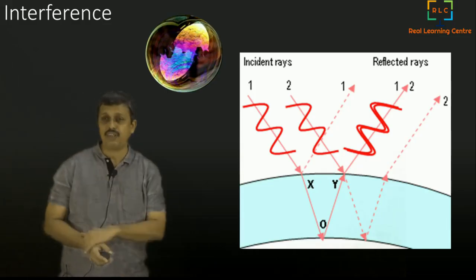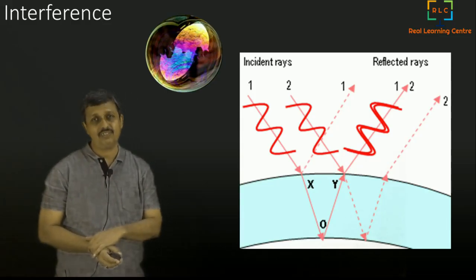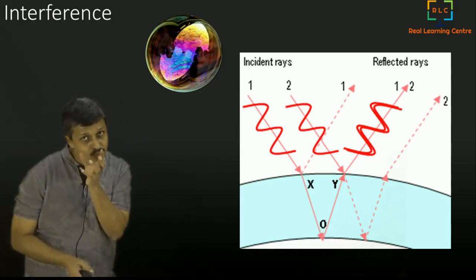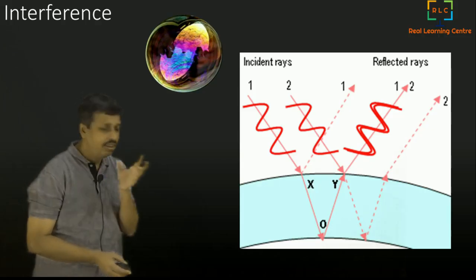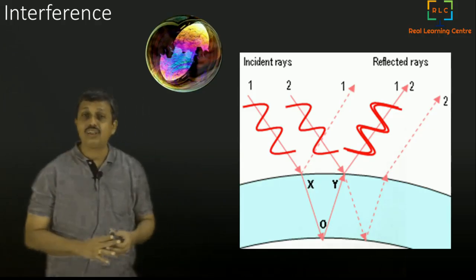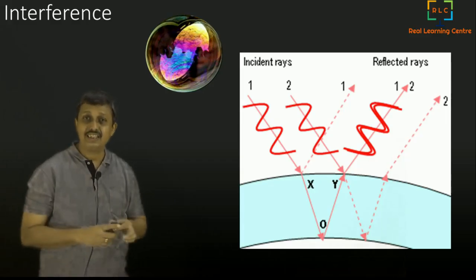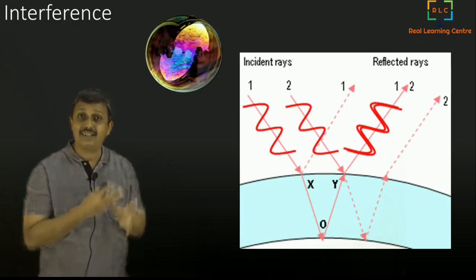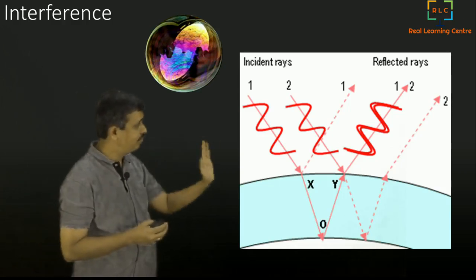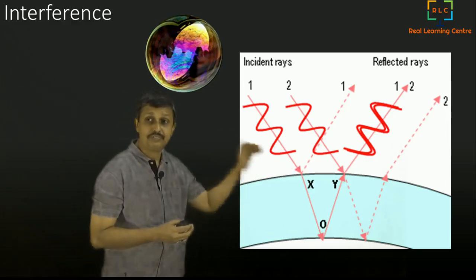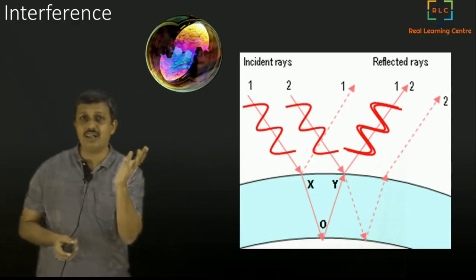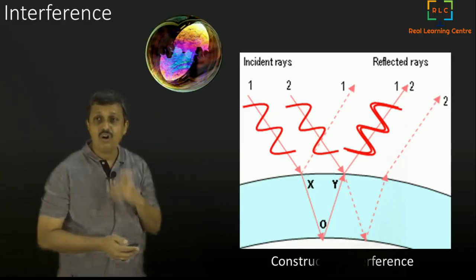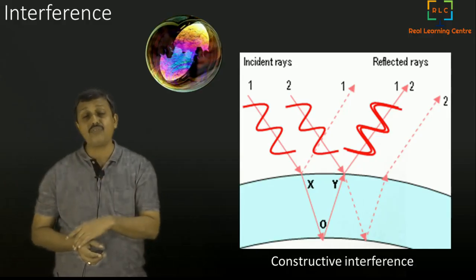Now, if you consider light as a wave, then depending on how much they have traveled inside that soap film, it is possible that the light which comes out is separated at different phases. In this case, you can see that both of them are coming out perfectly aligned. When this is going up, the other one is also going up. This is going down, the other one is also going down. Then it's called in phase, perfectly aligned. When they are perfectly aligned, we call it constructive interference.